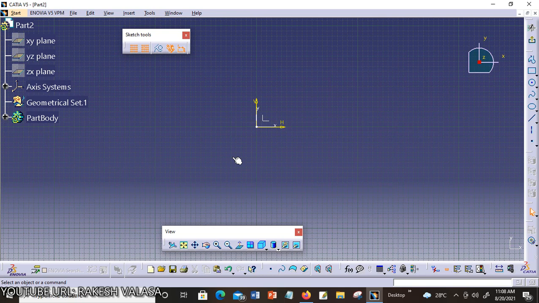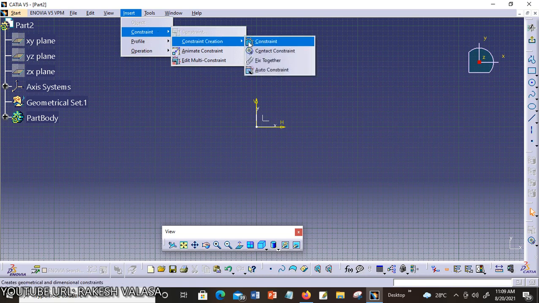Applying the auto constraint means all the possible constraints applicable on a particular sketch are applied after invoking the auto constraint. This is different from the rest of the constraints like contact constraint, fixed together constraint, where we need to apply each constraint individually, such as radius, length, and dimension.